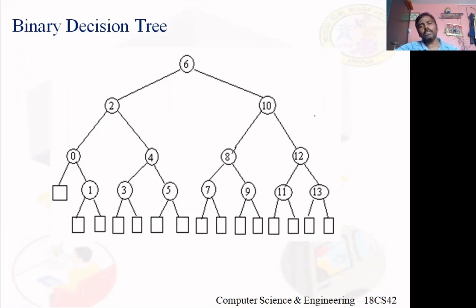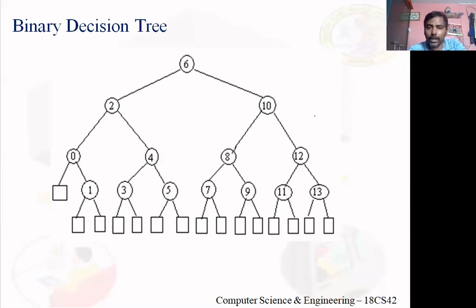So now the unsuccessful cases. For the first rectangular node, how many comparisons? You traverse from the root to that particular rectangular node. The 15 rectangular nodes are all there. So for the unsuccessful cases, how many comparisons does it represent? Traverse from the root to that node. How many circle nodes will you encounter? For the first case, 3. Very clear, right? When I traverse from the root node to the first rectangular node, I will encounter 3 circle nodes. So 3 comparisons.